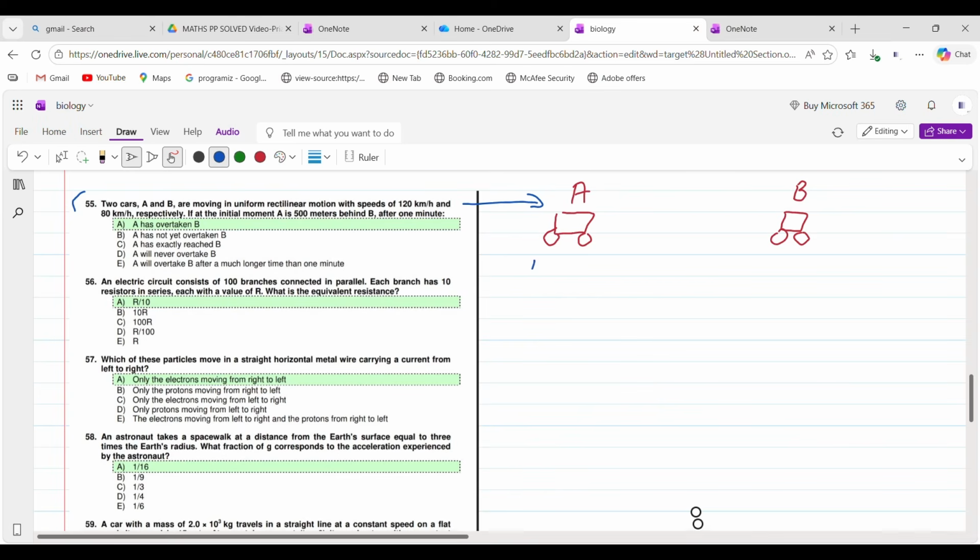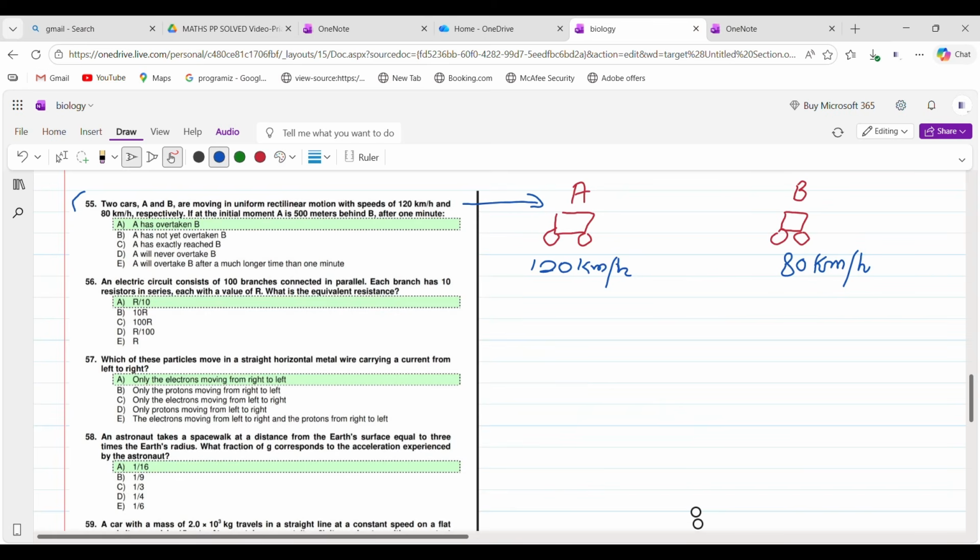120 km per hour. Okay, we have written this here. And the second car has the speed of 80 km per hour. So here we have got our 80 km per hour. They are saying if at the initial moment when the cars are going to start,